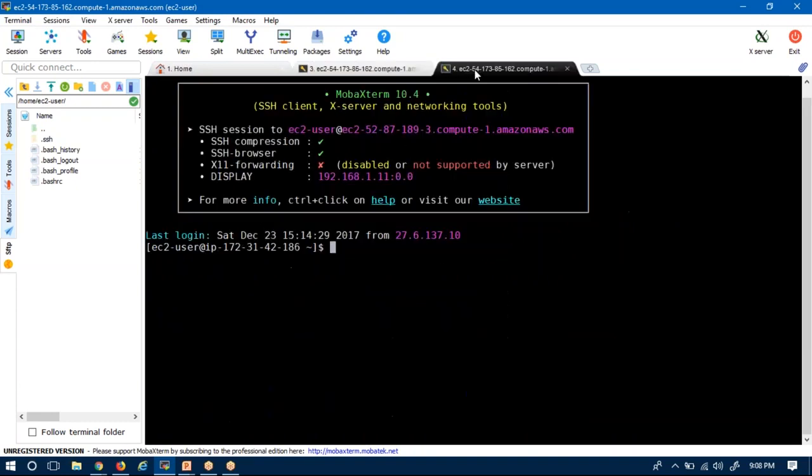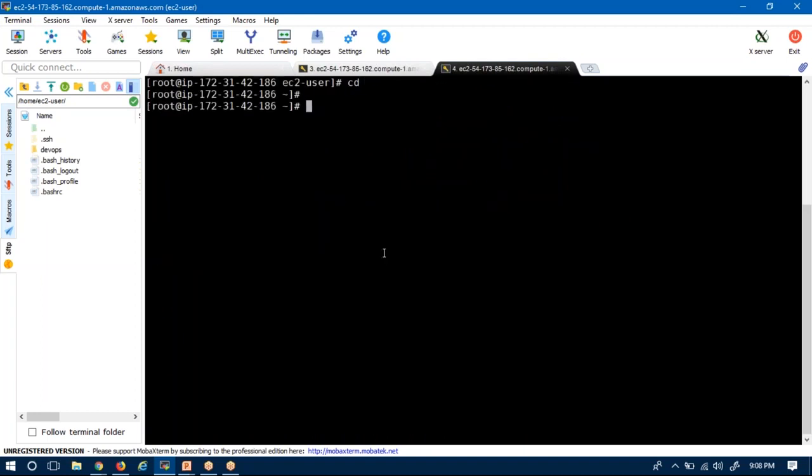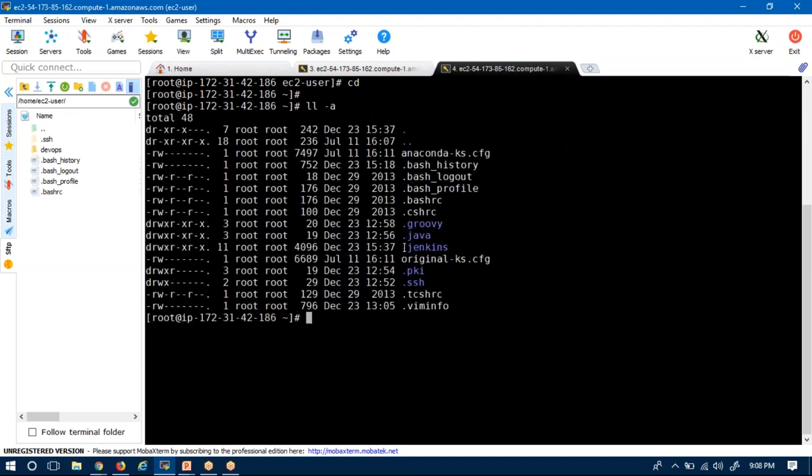I opened one more terminal. As of now we are under root, so I am going to root. Now under the home of root, I am finding the directories that are available. See, it created the .jenkins folder.